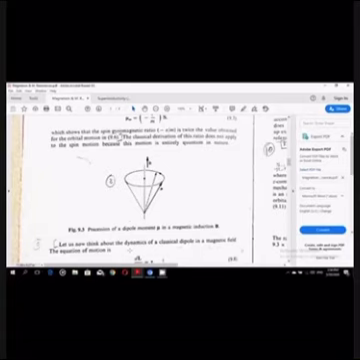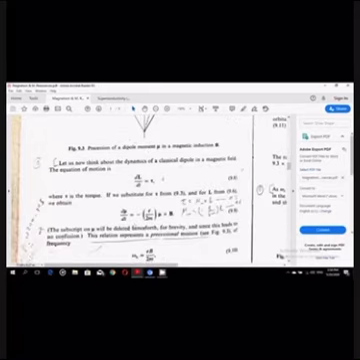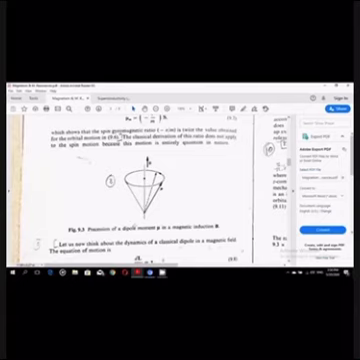Let us now think about the dynamics of a classical dipole in a magnetic field. The figure shown here, figure 9.3, is in fact the precessional motion. Why do we have a precessional motion? That follows